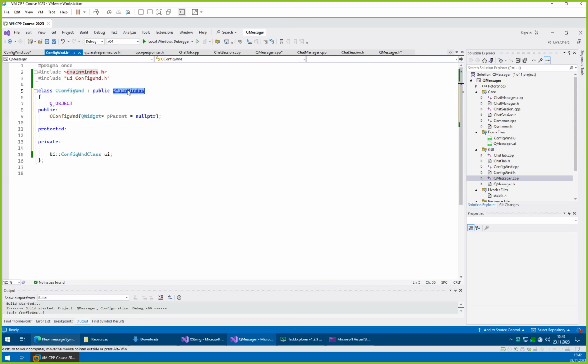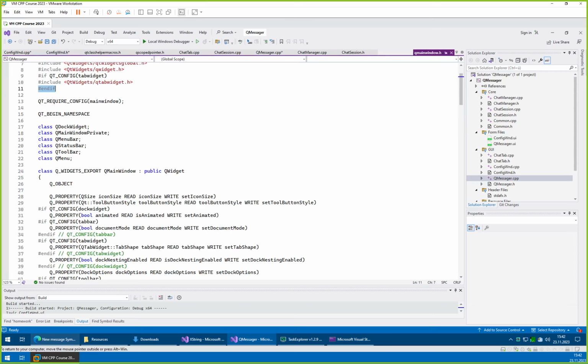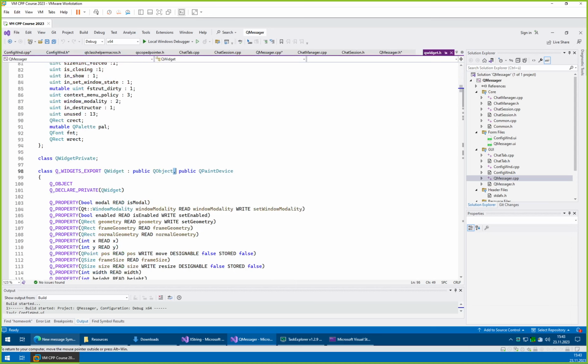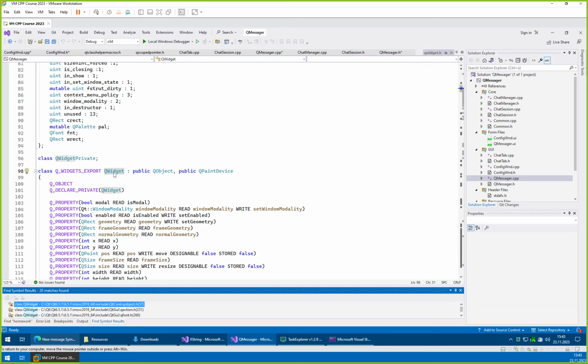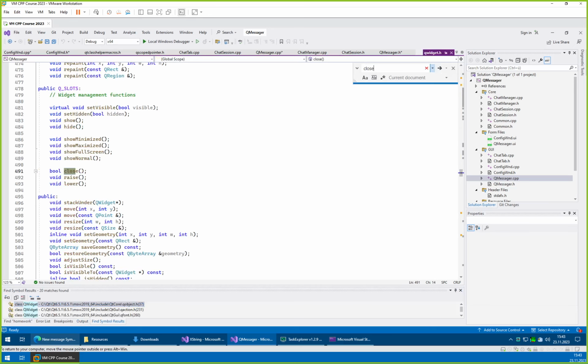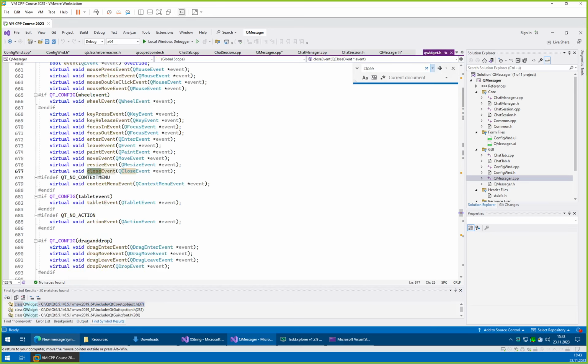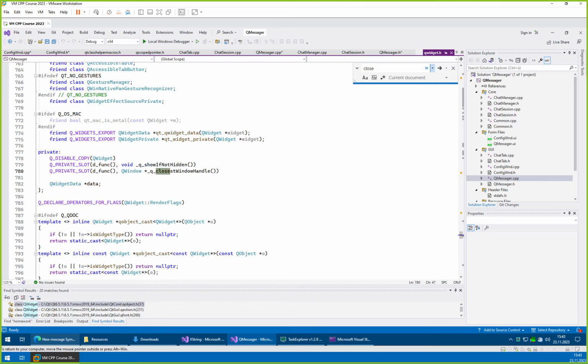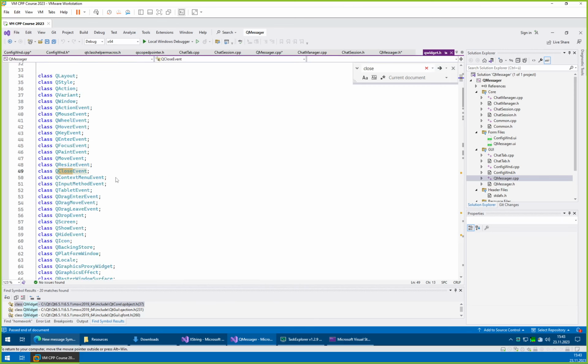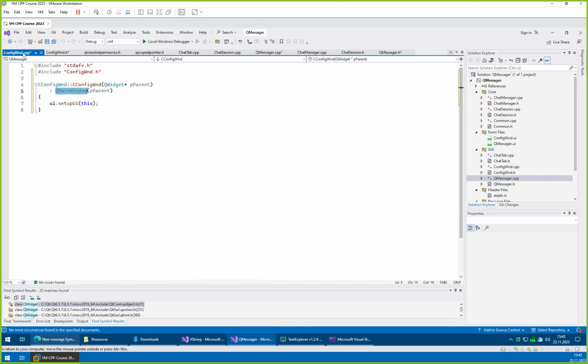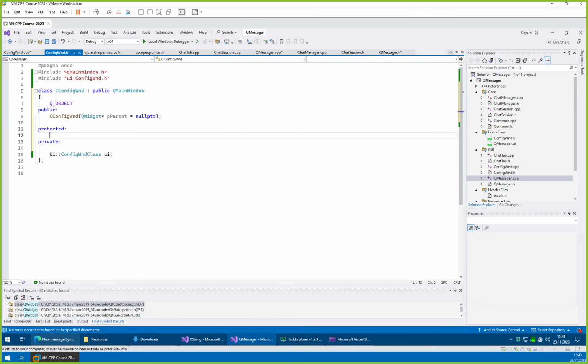Wait, I want to see one more thing. If we can go widget, right? So we have close slot and close event. We don't have any signals. Okay, then we'll have to do it this way. Right, so